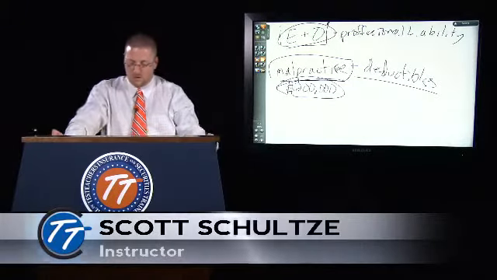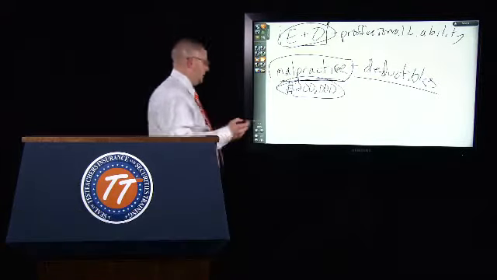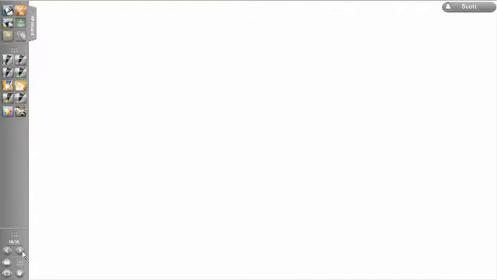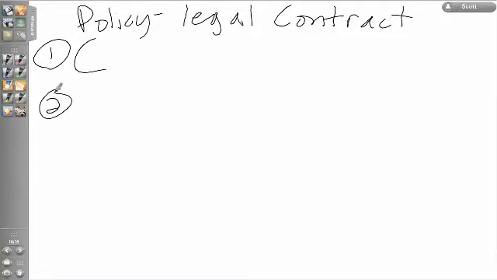Contracts. Okay, so this will take us throughout the rest of the section and a number of different areas we could have test questions here. But what we're talking about here is the policy, the insurance policy. It is a legal contract. And in order to be considered a legal contract, it has to meet the 4 essential elements of a legal contract, which you can remember with this acronym,